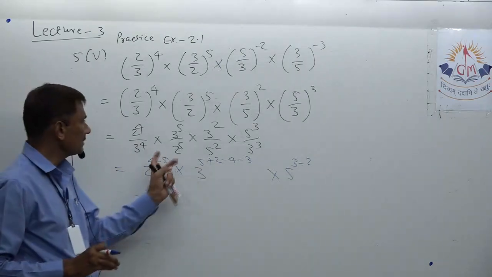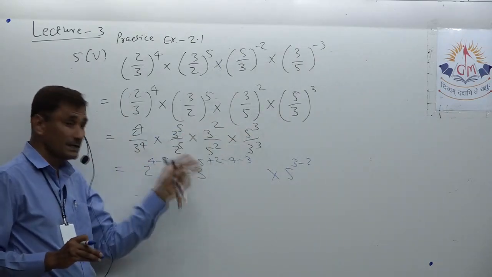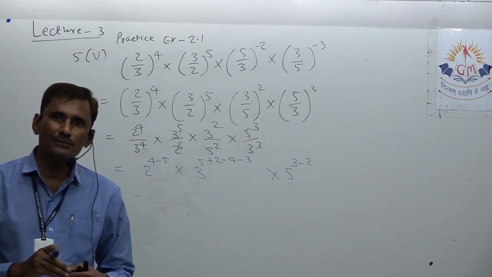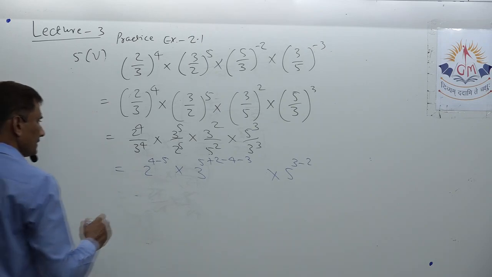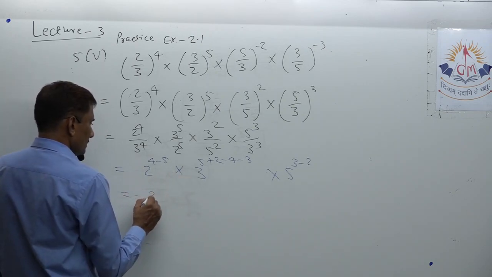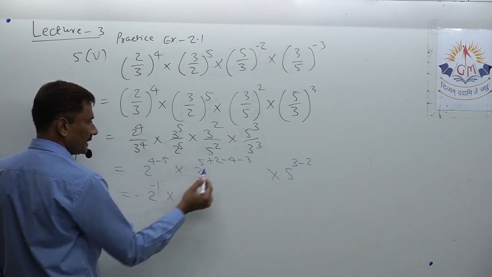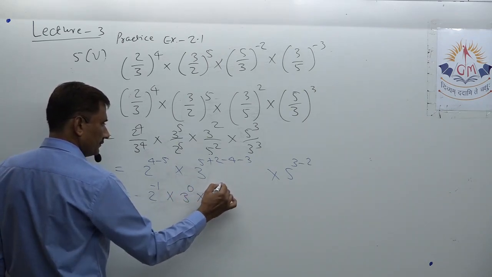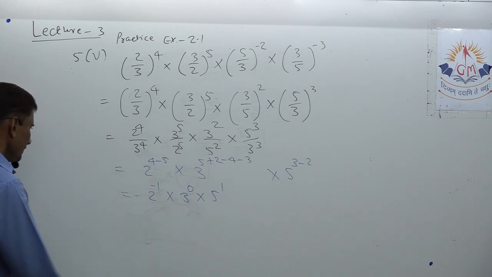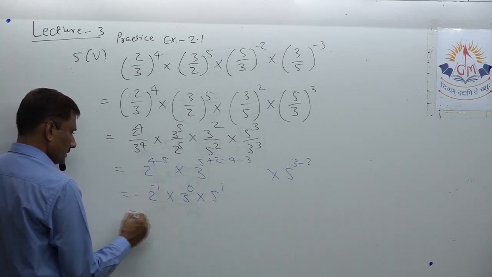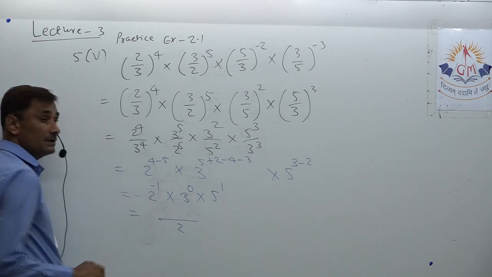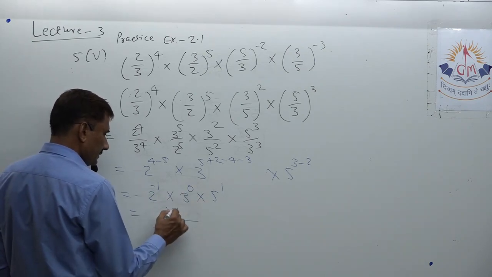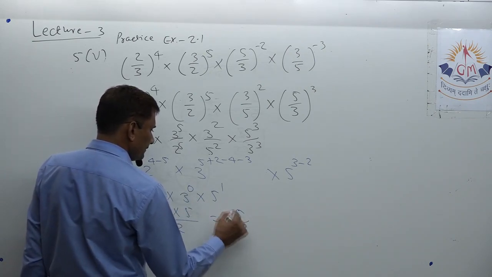And you can apply turn by turn also. Just simplify numerator, then denominator, then take division of numerator and denominator. That way also you can solve it. So 2 raised to minus 1 here, 5 plus 2 is 7 minus 7, so 3 raised to 0 and 5 raised to 1 there. Okay, so here 2 raised to minus 1 is there, so I can write it here, so it will become 2 raised to 1, means 2 only. And now 1 into 5 means it will be 5 by 2.